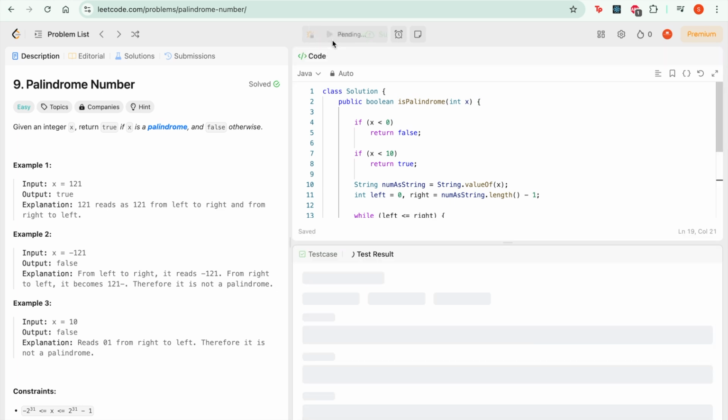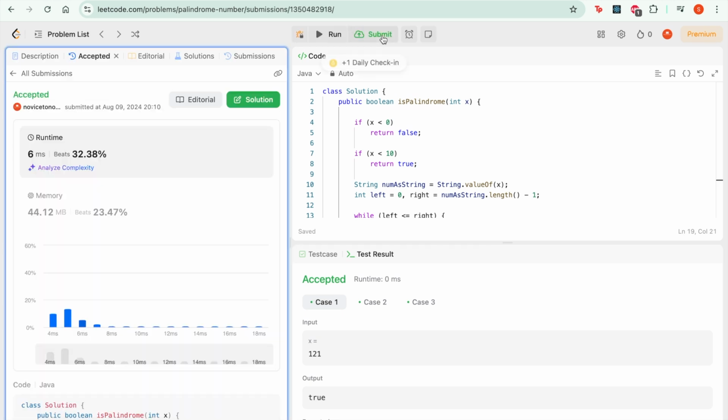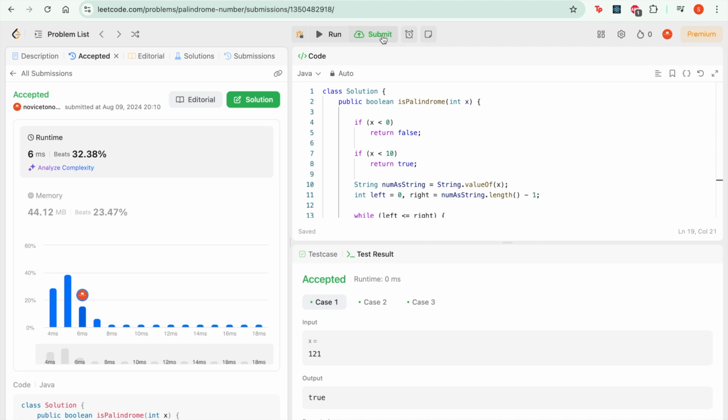Now let's test if we made any mistake or if it passes the base cases. So you can see it does, and then we can submit and see if it passes all the cases. And as you can see, it passes and it beats 32.38%. So as you can see, this is not the fastest solution. This is the easiest solution,